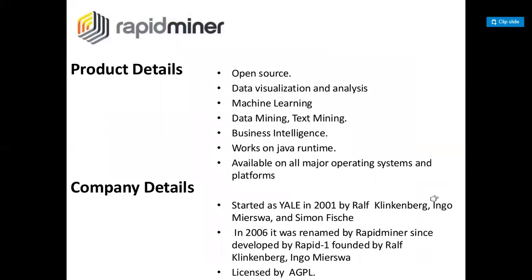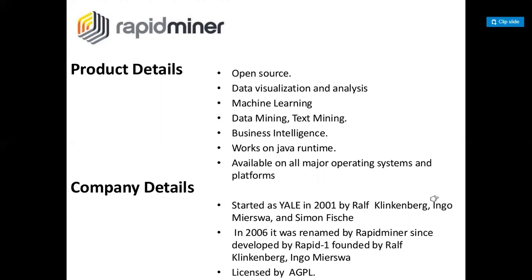The last one in this category that I'm going to describe is RapidMiner. It's also an open source tool used for data visualization, analysis and machine learning. It's used for data mining and text mining. It's used in business intelligence, works on Java runtime, and is available on major operating systems and platforms.